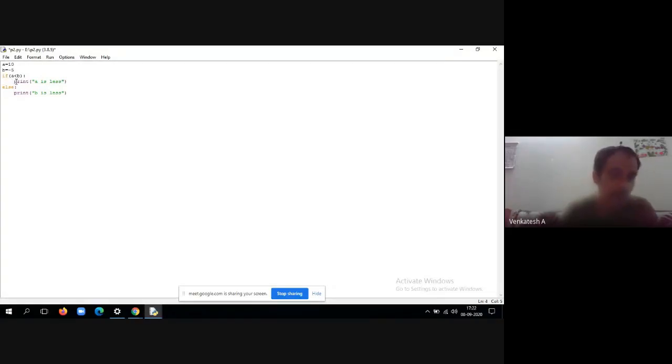Suppose you start the print statement in the same column where you are starting the if condition, then you will get an error. It's a structured programming language. You need to understand Python is a structured programming language. Indentation is very much important. Similarly, you need to start else from where you have started the if condition. Then don't forget to put a colon.